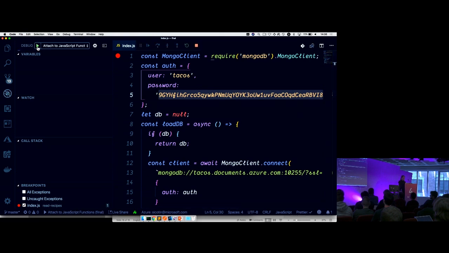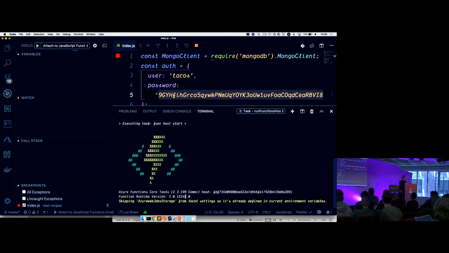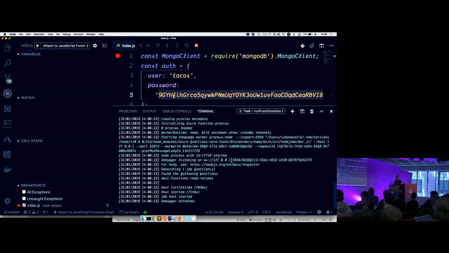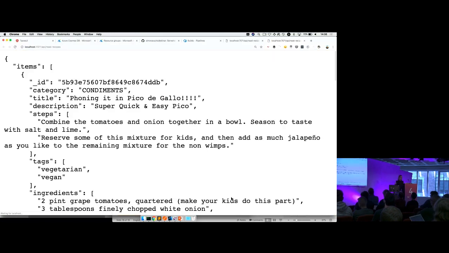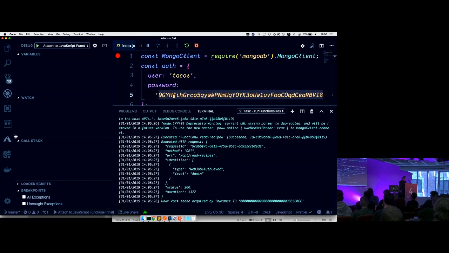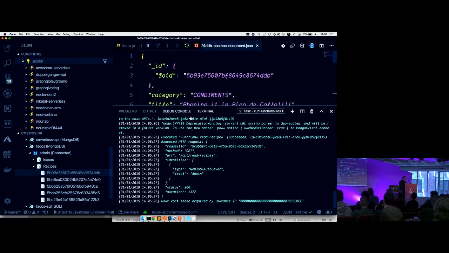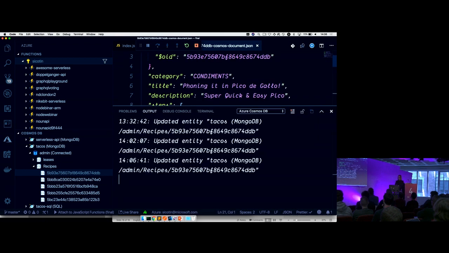Let's see if that actually works. So I go ahead and run the function that we've just created. And this will start the Azure Functions runtime. And then I can click on the link there, and yay, it has connected to my database, and it returns data from that particular database. Just to make sure that I'm not cheating here, I'm going to go ahead and delete all these, nobody likes exclamation marks, right?